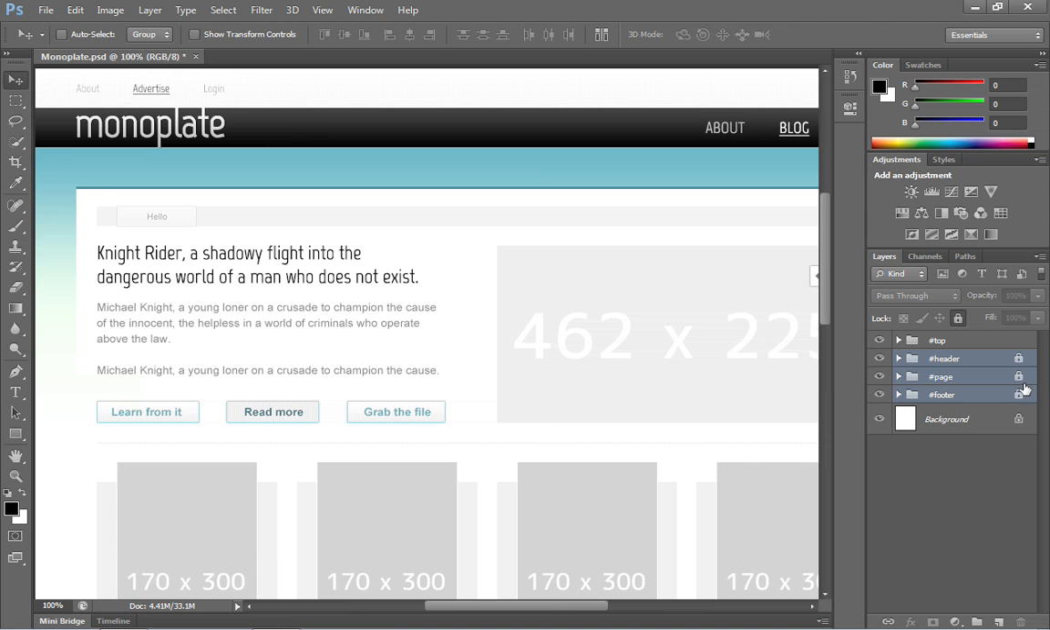Now that's something you can only do in Photoshop CS6. So if you're working with a previous version, you're going to have to go in and lock each of the layer groups independently. With that being said, looking at the top portion of this layout, we know that CSS can't